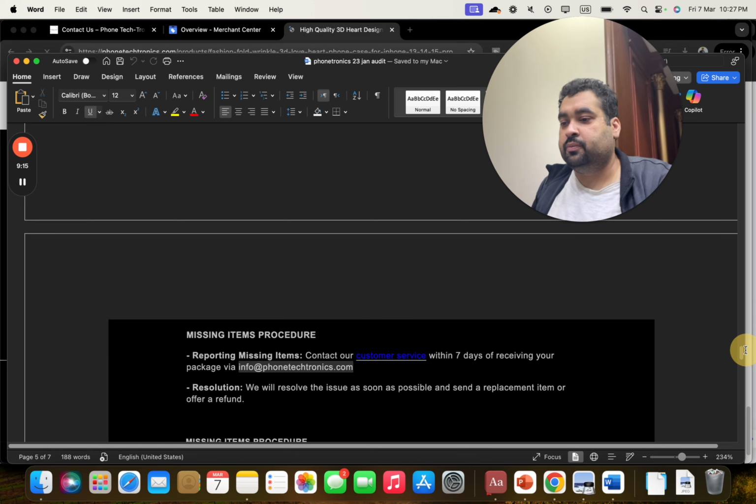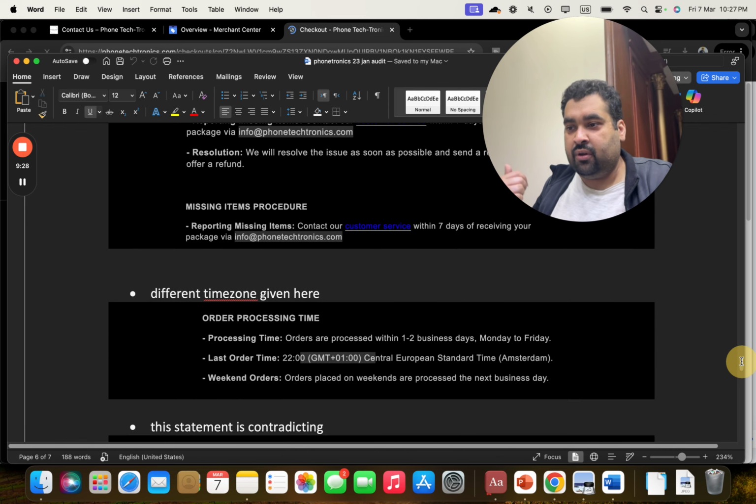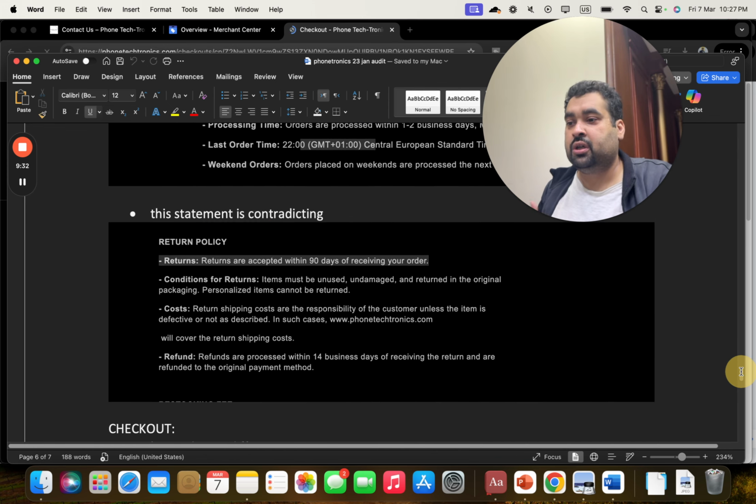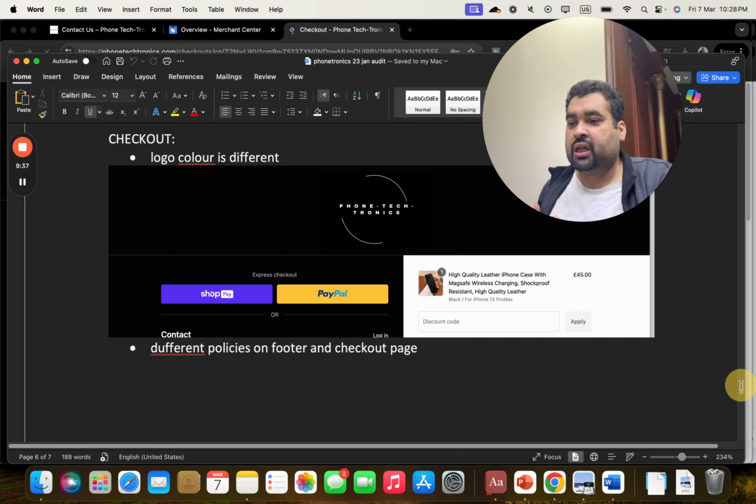On the shipping page, you can see that different time zones are present, like the last order time. Here it's GMT+1, and then they say Central European Standard Time and Amsterdam, and on other pages of the website the time zone did not reflect, so this causes confusion. Again, the statement is contradicting. When they do the checkout, the logo actually becomes different, so this also causes